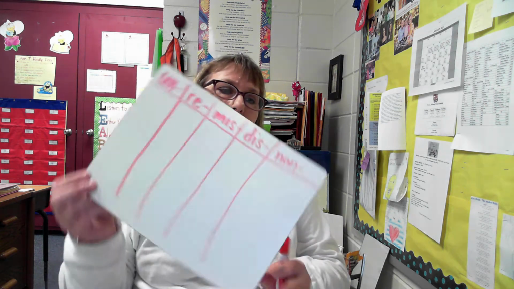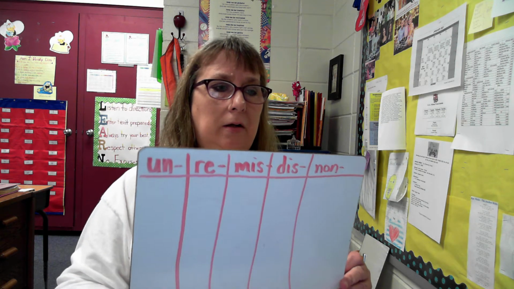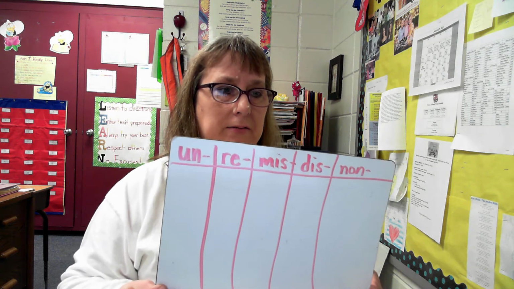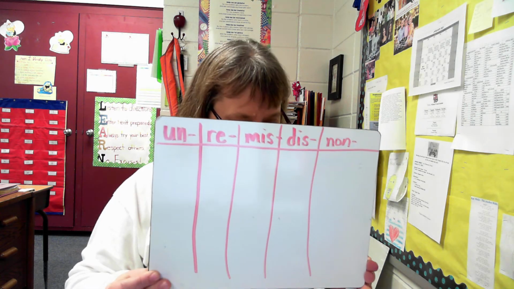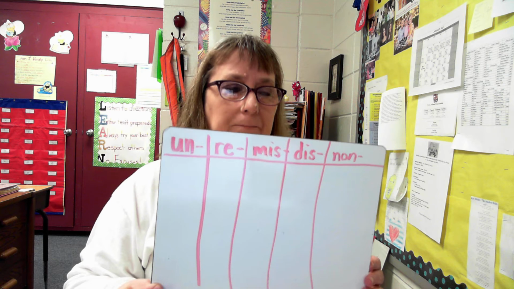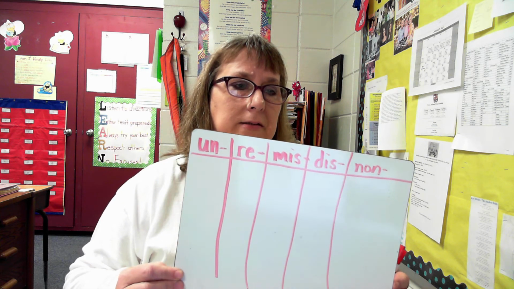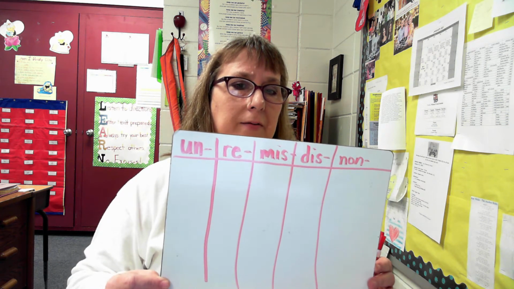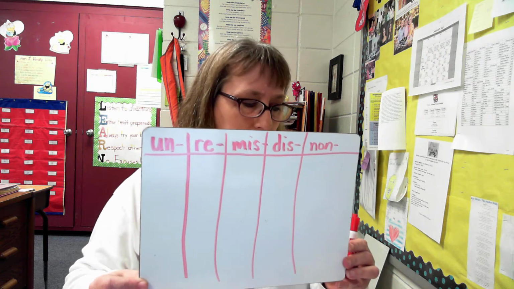Again, we're talking about prefixes. Remember, prefixes are letters at the beginning of a base word that changes its meaning. And we went over these prefixes several days. Un means not, re means again, mis means not, dis means not or opposite of, and non means not. I hope you've been reviewing these and practicing and doing the videos, and I even put up a game yesterday. I hope you practiced that